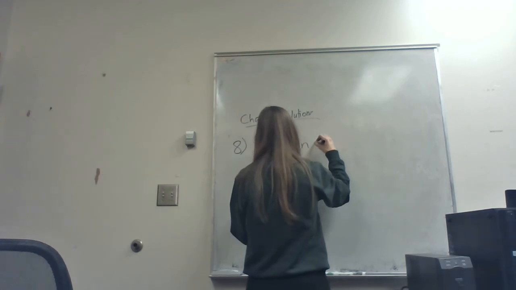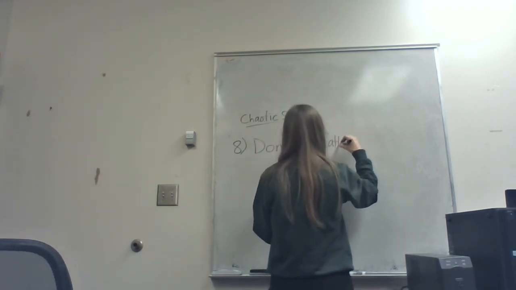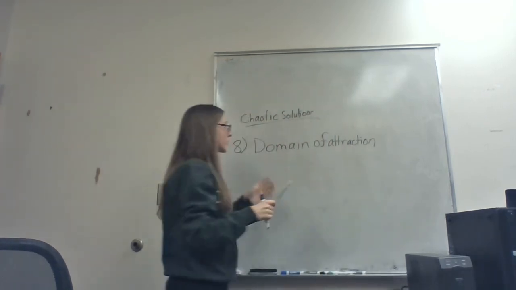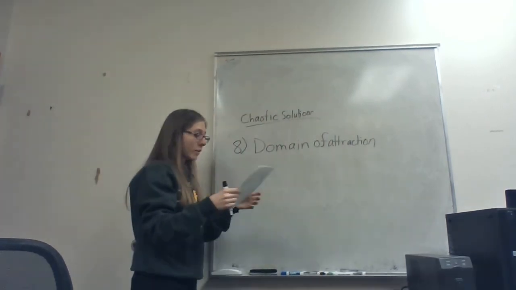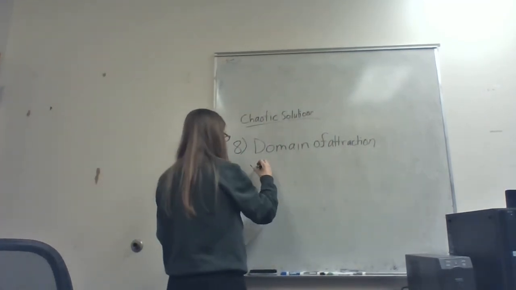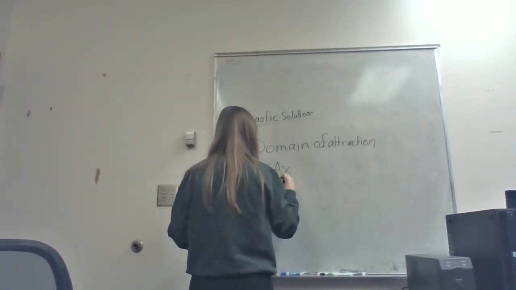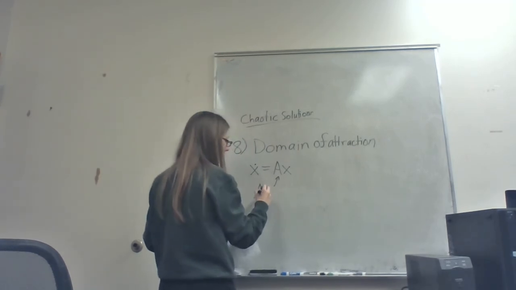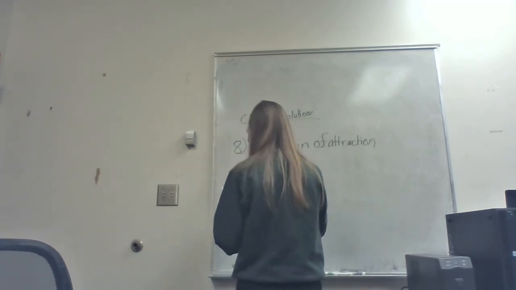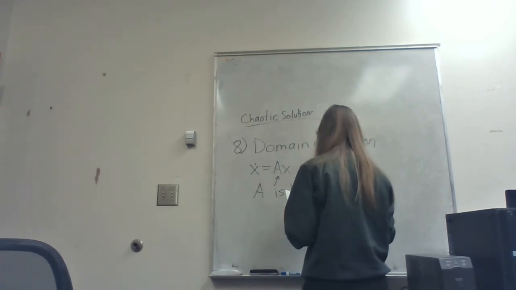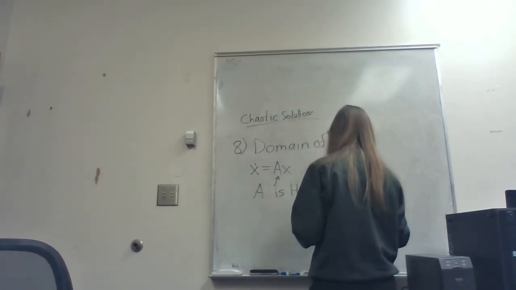Yeah. Domain of attraction is a very important point, and this is super critical for control. Going back and comparing with linear systems, you know how we have x dot equals Ax? Let me just give a definition. It's probably the most relevant to Enrique. So A is Hurwitz. What this means is the real part of the eigenvalues is less than 0,